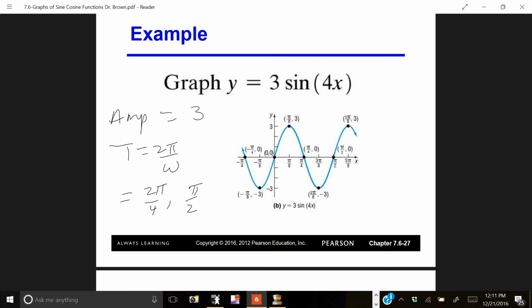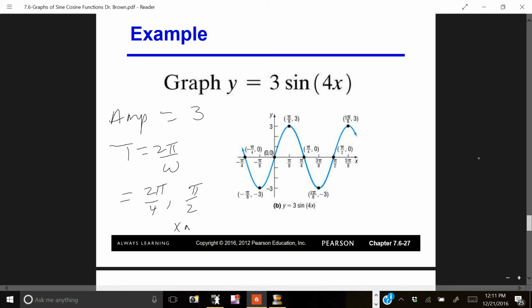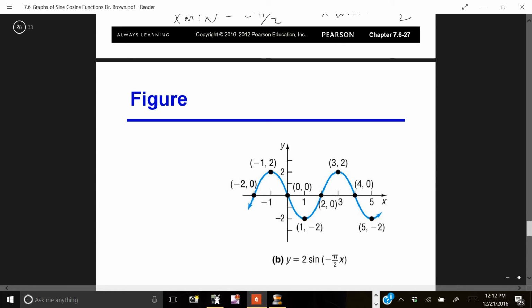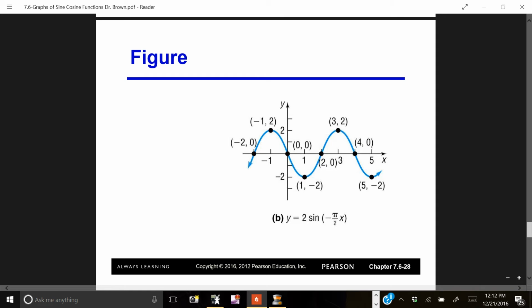And I'm going to leave it to you to put this in your calculator and put in x min equal minus pi over 2 and x max equal plus pi over 2, and you should get this graph, except you'll see two lobes. You'll see from here to here. Notice,